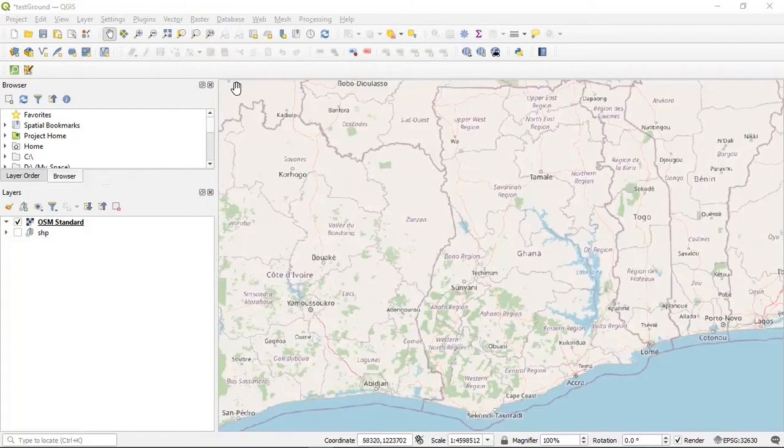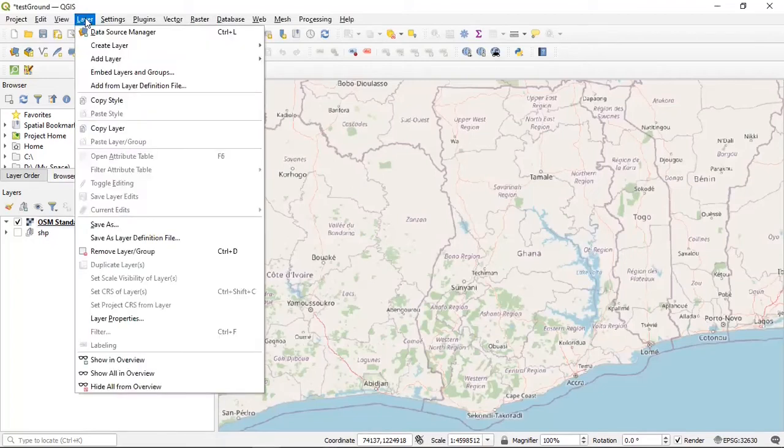first load our shapefile. So down in the description below, the data sets I'm using for this particular tutorial will be there. You can follow the link, download it, and then follow along with me. If you have your own shapefile that you want to use, then knock yourself out, and you can use that one too. Good. So you go to layer, and then since we are adding a layer to our